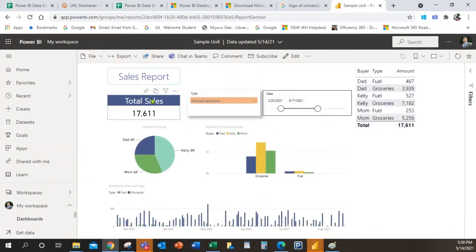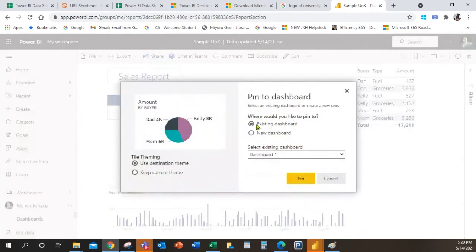To create a dashboard, I need to pin those tiles. These are like tiles. There's a button to pin visual. I'm selecting that, and from here we can pin this visual to an existing dashboard, or you can create a new dashboard. Let me create a new dashboard and pin.